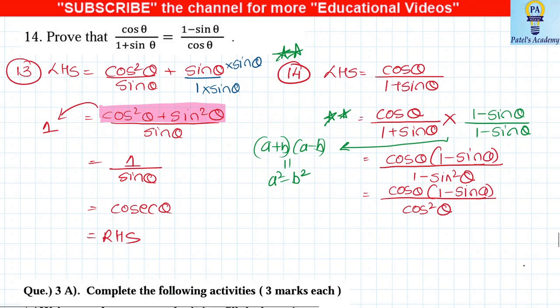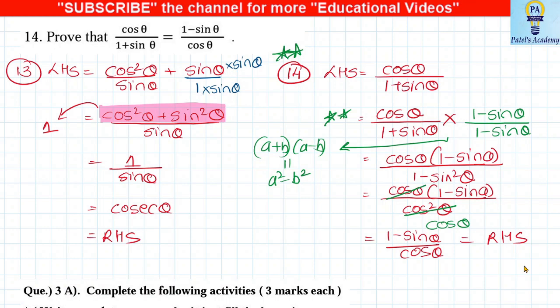Now see what will happen. This cos, and in the denominator we have 2 times cos, that is why cos square, so that will cancel and we will get 1 minus sin theta upon cos as it is. And yes, this is the final step, 1 minus sin theta upon cos theta. You see there is nothing more to do. So this sum we need to understand that concept very well, an important sum.